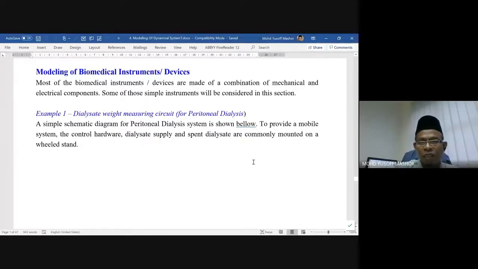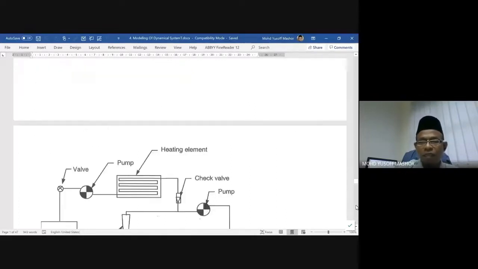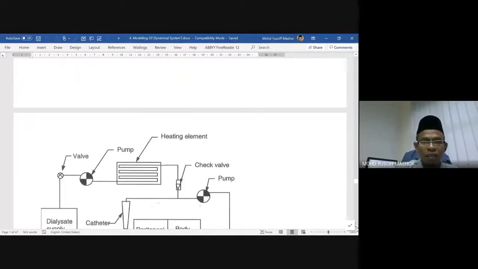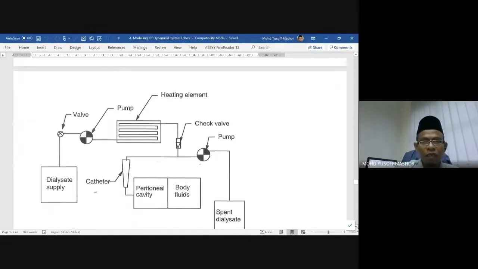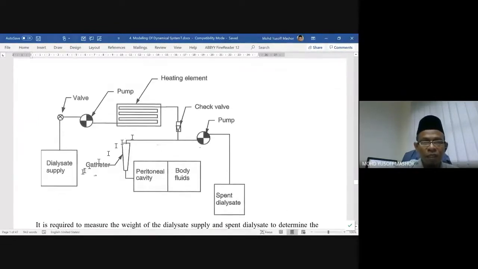So let's say we have this circuit, we have this diagram. This is the raw, let's say, supply. We're going to supply it to the human body here. Before we supply, we should increase the temperature so that the output here will be equal to the temperature of the human body,